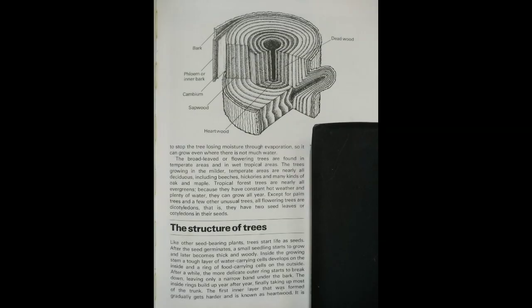This cross-section through a tree trunk clearly shows the cambium layers. Water is transported through the trunk by the xylem and, as these cells grow older, they become invested with a tough substance called lignin, which makes the tree more rigid. The outer protective covering of bark, the cork cambium, varies in appearance and thickness according to the species of the